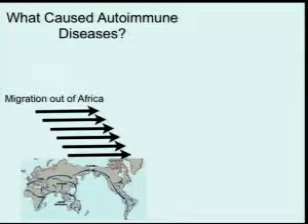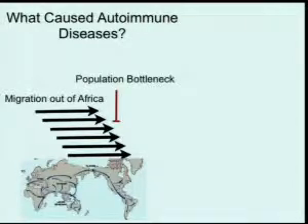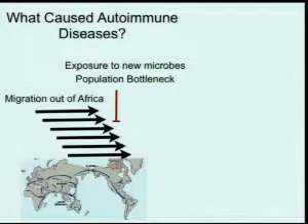Why does it exist? Why are autoimmune diseases, MS, type 1 diabetes, Crohn's, so rare in individuals of pure African ancestry, not admixed populations like in the US? Why are these diseases most prominently of European ancestry? We know we migrated out of Africa of European ancestry about 50,000 years ago. We know that there was a population bottleneck. If that population bottleneck was Noah's Ark, that's one explanation, but I would prefer exposure to new microbes, but half